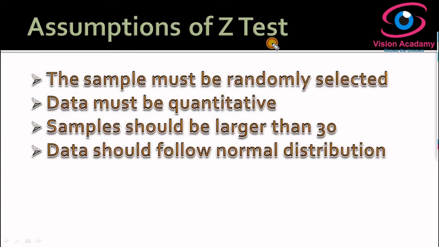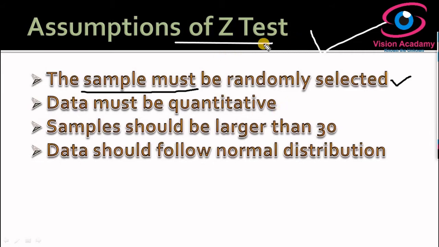We had better know the assumptions of the z-test, because all parametric tests are based on assumptions. So the z-test also has its own assumptions. Firstly, the sample must be randomly selected. A part of the sample collected from the population won't represent the whole population. So the sample you select for testing statistics must be selected randomly. For selecting a random sample, there are some probability and non-probability methods. You need to go through those.